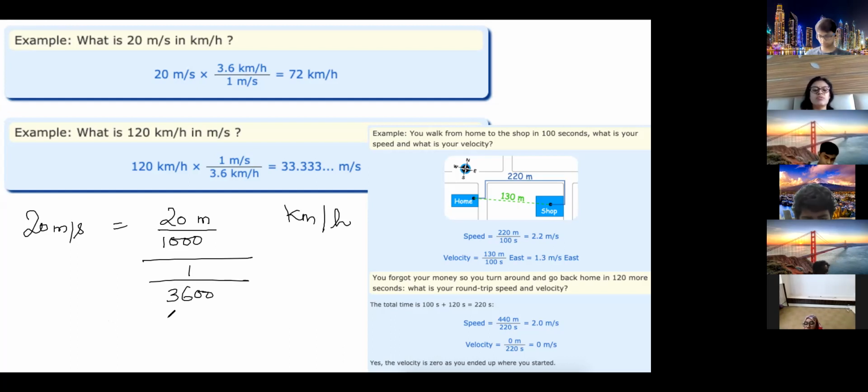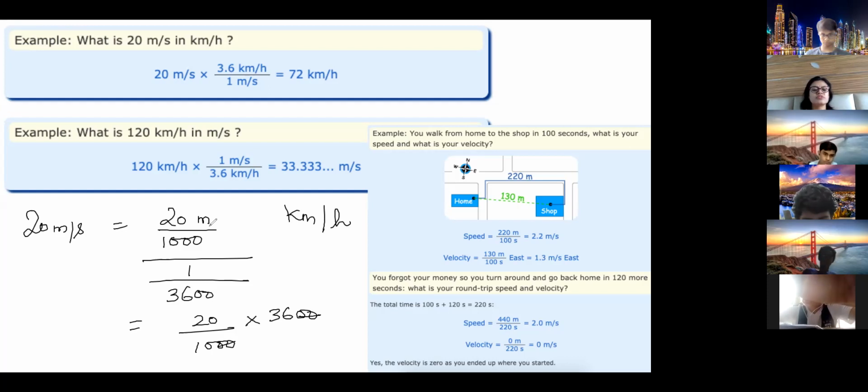So basically, I will tell you the short form of how to do that. Actually, this is what we are doing: into 3600 upon 1000. So 20 cut with 20, and the reverse we do. Understood this? Reduce it to the lowest form: 10 10 cut, 36 2s are 72. So 72 kilometer per hour. That means 20 meter per second is converted into 72 kilometer per hour.